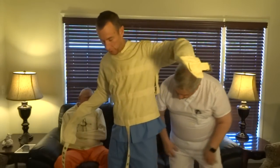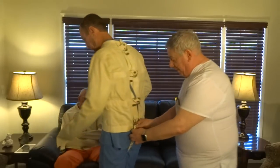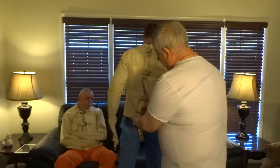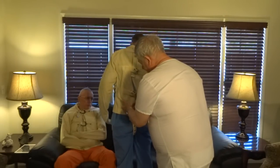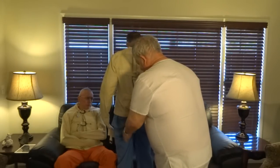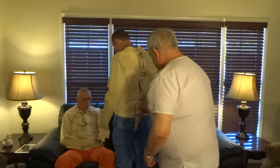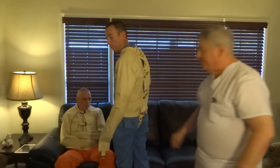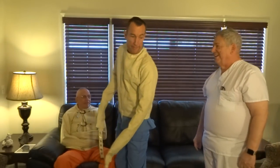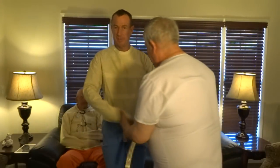Let's do the crotch strap. And if you want to turn around, it attaches right back here. Doesn't have to be too snug, just snug enough so that it won't become a soprano. Okay. All right, now,